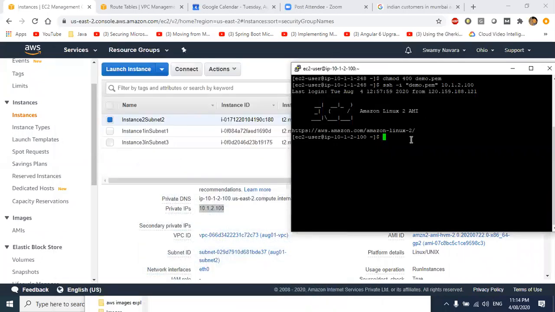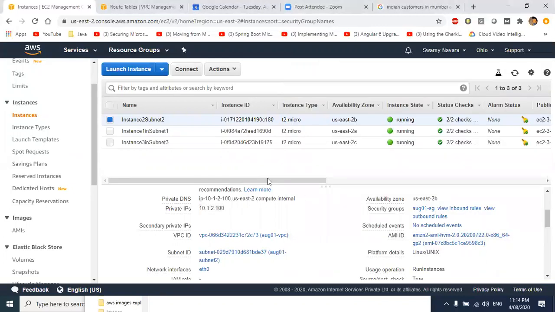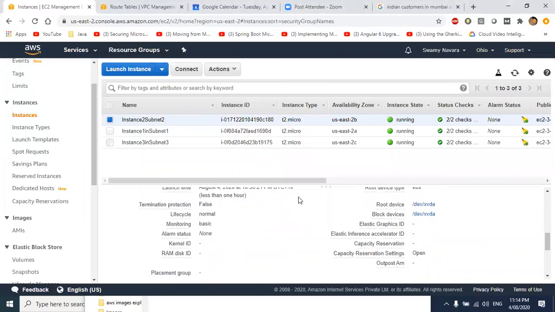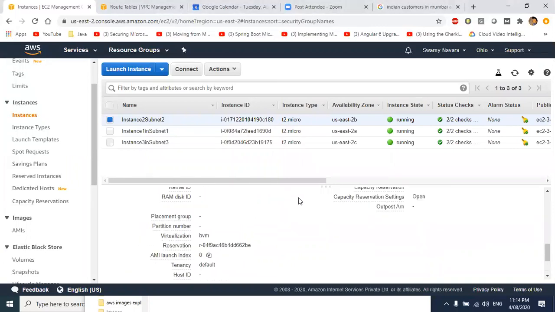Okay, so don't worry about all this. Let's not jump the gun right now. After VPC peering and after a couple of EC2 instance sessions, we'll be able to understand all this. So my question was actually, when you remove this subnet 2 and 3, I had a doubt that from 1 to 2 we can connect, because it is internal.